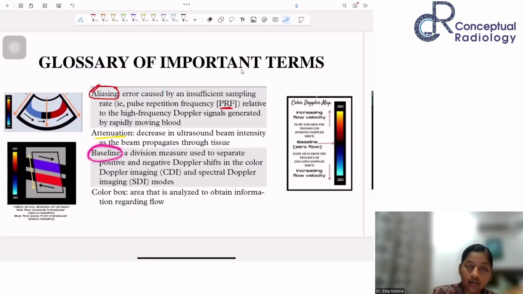Then baseline. What is baseline? It is a division which separates the positive and the negative Doppler shift. So in this diagram here, you are seeing this black line, or now I've drawn it with blue. So this line is the baseline. It is deciding the line where